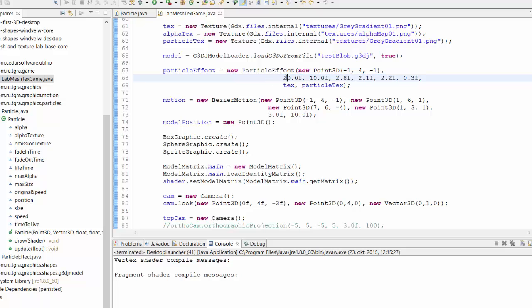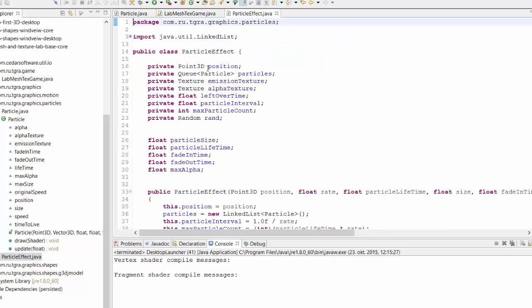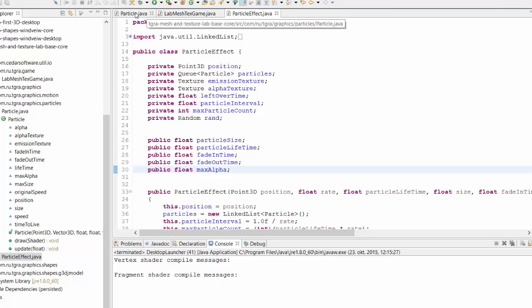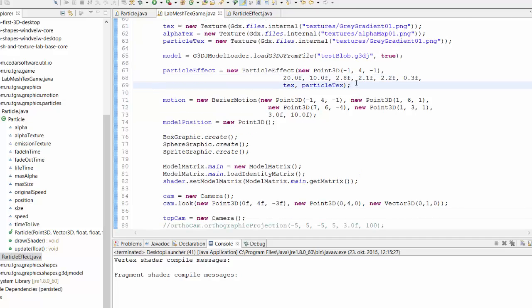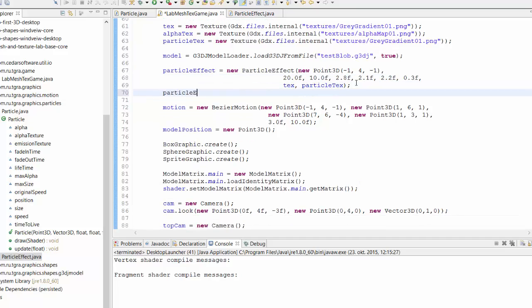Another thing I was going to say, rather than putting all of these numbers into the constructor, which makes it a little bit hard to use, what we could instead do is go into the particle effect Java, and make these things either public or do some getter and setter functions for them. And then instead of doing all that in the constructor, we can just have a plain constructor that constructs it with some default values, and then go